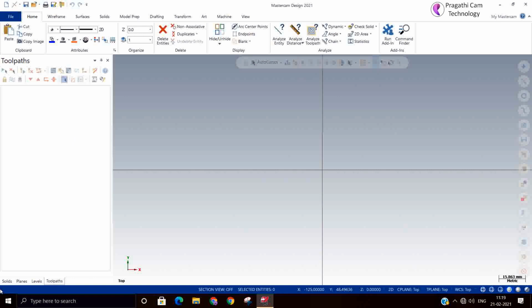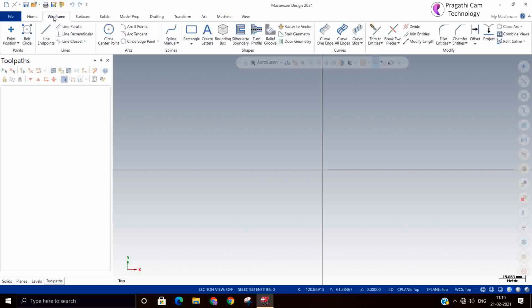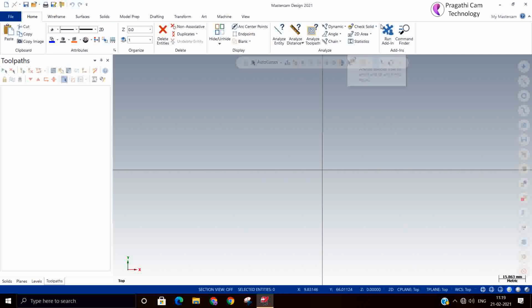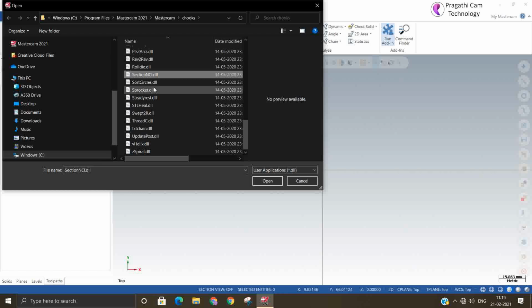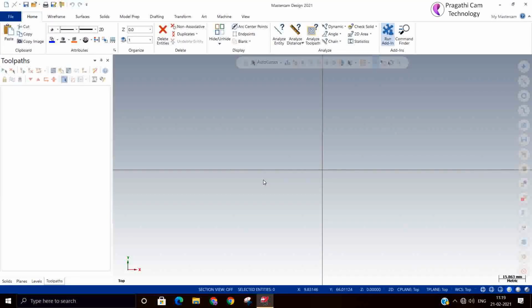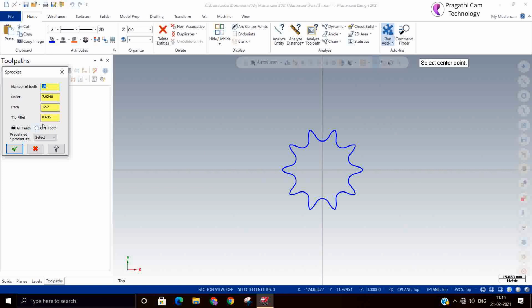So if you want to understand the exact usage, we'll take one example. I'll go to run user application, where there is something called a sprocket. Now the sprocket is there.